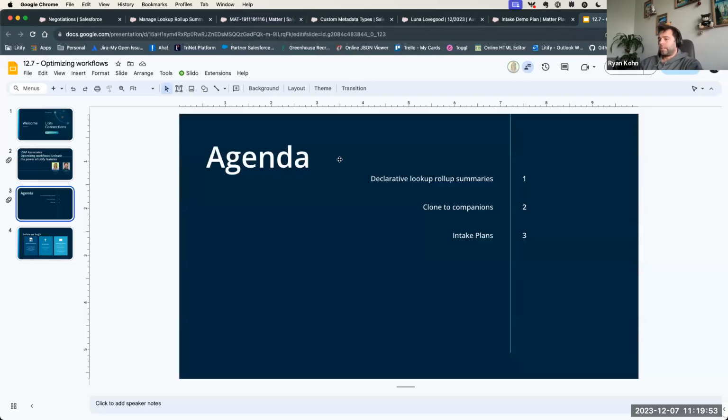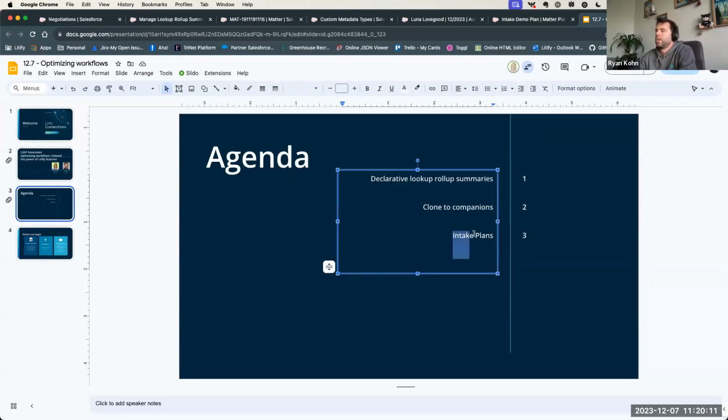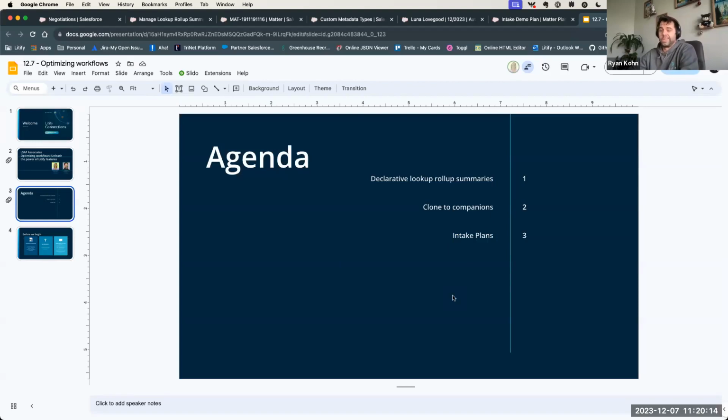And then lastly, this is one that's a little more unique. I believe we've only worked with this really in two firms. I don't know, one of them's on here as well, so it's going to be a little bit of a review there. But this is a really cool feature that a couple firms have requested. We've done something similar for a few others, but this is effectively what we call just intake plans,